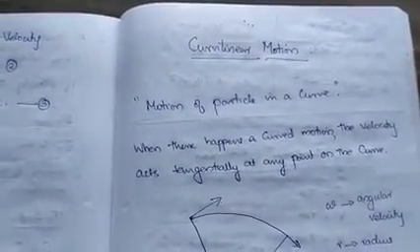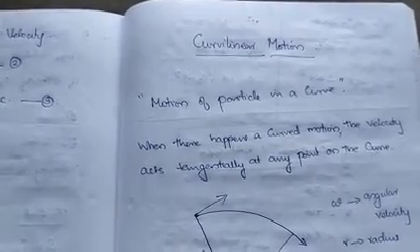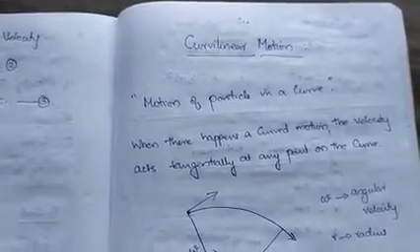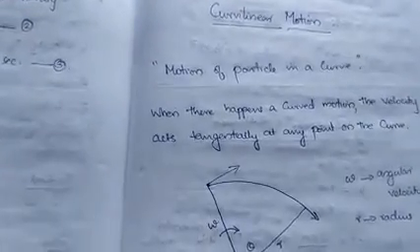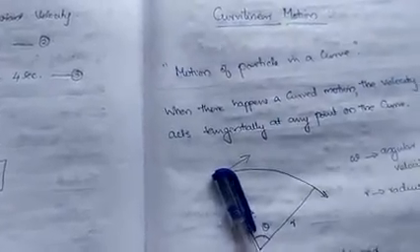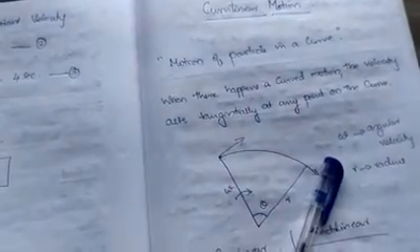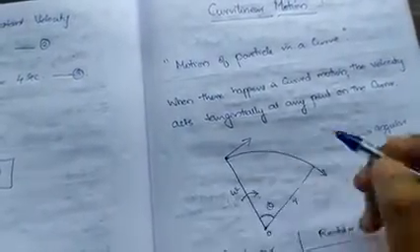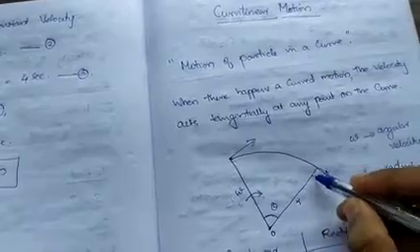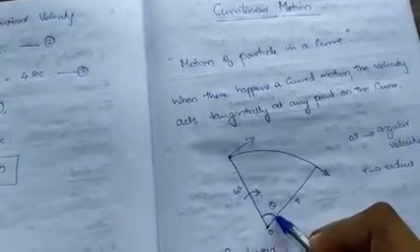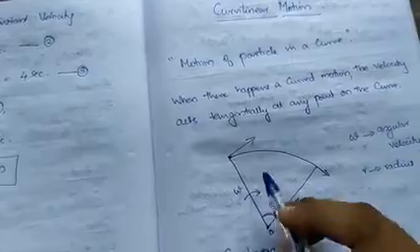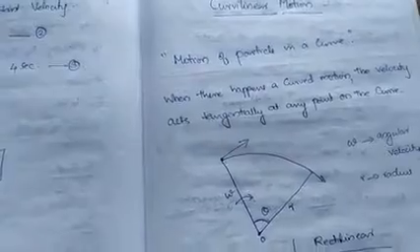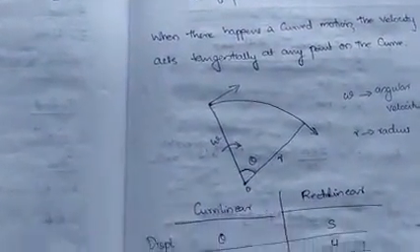Since rectilinear motion is a motion of a particle in a straight line, curvilinear motion is a motion of a particle in a curve. Here the object moves with respect to a point in a curve. That point is O, and the radius which it makes is r. The theta which it makes is the angle of inclination. Omega is its angular velocity. Now you have the terms.